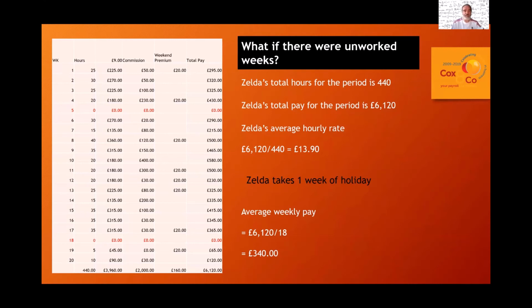It's no good anymore to say she earned £6,120 in 20 weeks. It tells you nothing about where it was earned. I mean, she could have earned it all in weeks 1 to 10, and she'd be entitled to a significantly greater week's holiday pay then, but you wouldn't see it unless you get under the surface and start to drill down into it. I think that's what it's all about, is drilling down, and drilling down is time, effort. It's a thing that's difficult to do. You've got to record it, you've got to be able to manage the data. It comes with so many challenges, which I think is why